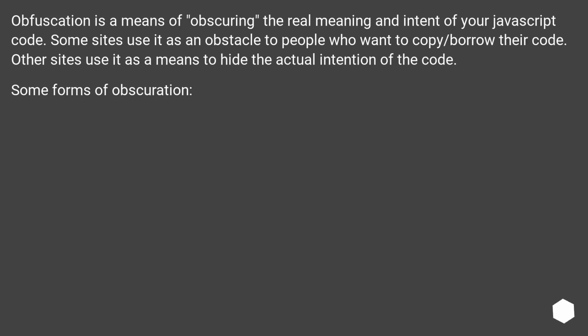Obfuscation is a means of obscuring the real meaning and intent of your JavaScript code. Some sites use it as an obstacle to people who want to copy or borrow their code. Other sites use it as a means to hide the actual intention of the code. Some forms of obfuscation: